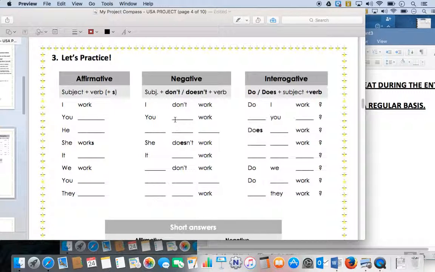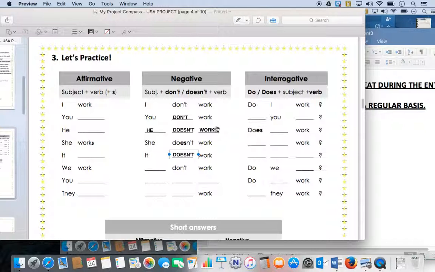So, don't work. So don't or do not. Okay, so we could say he doesn't work. Okay, she doesn't work. It doesn't work. Now, what's important to look at here is that